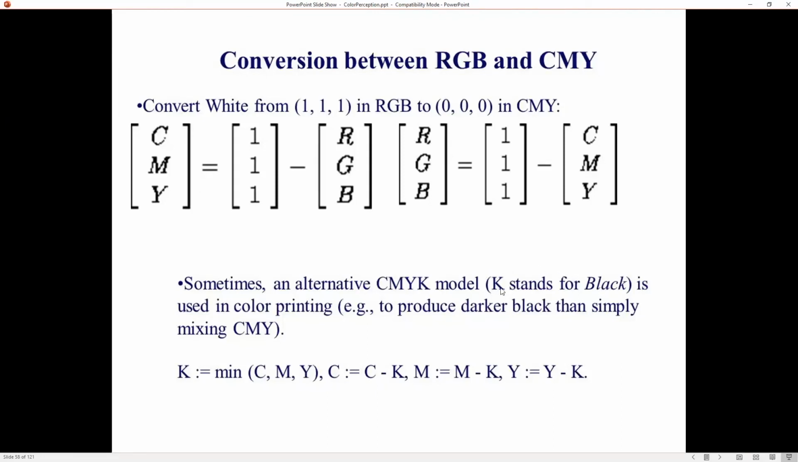This is not right. I'm pretty sure K does not stand for black. I'm pretty sure K stands for key. I need to fix my